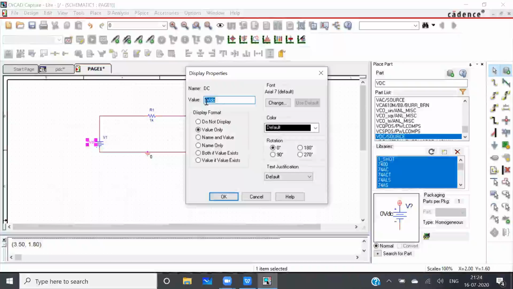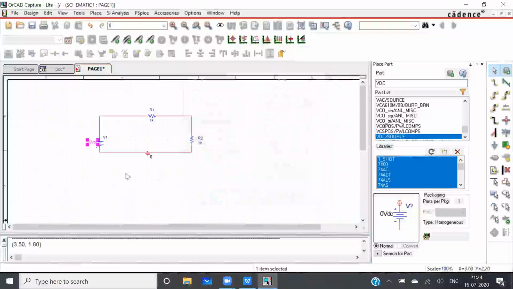This DC voltage source has to be 10 volt. So I will change this to 10 volt. Then I'll click on OK. Now you can see this 0 is changed to 10 volt DC. We can move this also. For moving this, we need to select this, then left click, hold the left click, move it, then leave it.